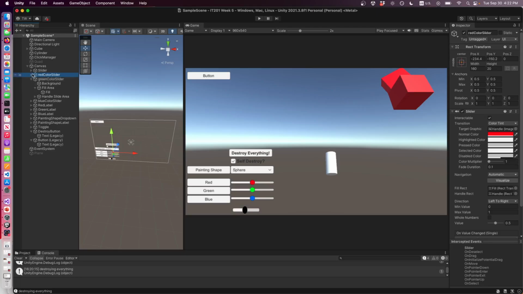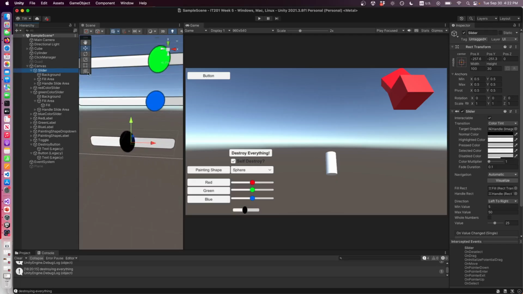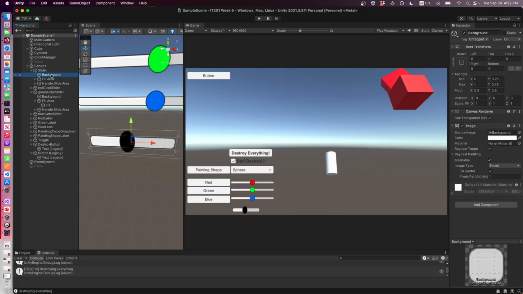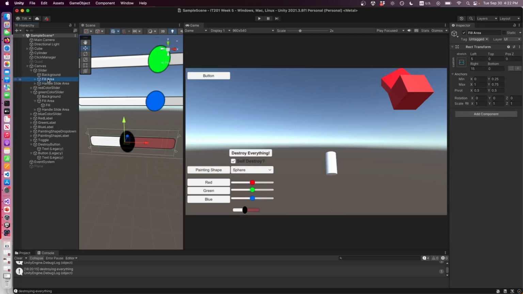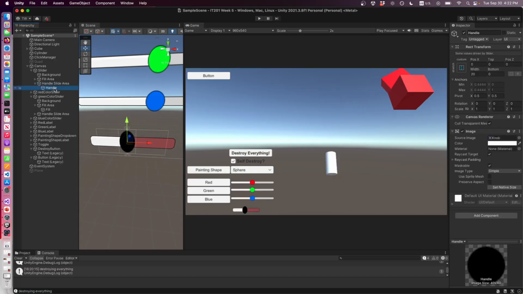Each object can have only one parent, if it has a parent, but it can have many children. For example, this slider here has a couple of children. It has a background, which you can change. It has a fill area. It has a handle area, and that handle area has more children. So you can quickly build a hierarchy of game objects just using these transform relationships. Anyway, point being